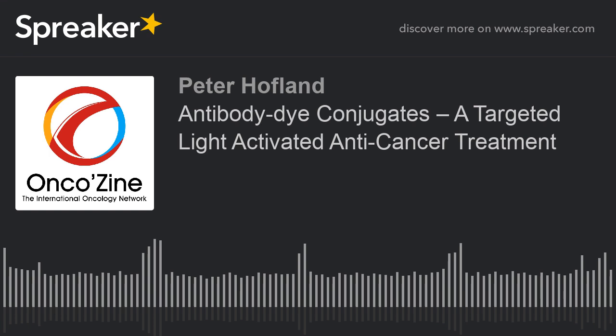What I can tell you is that our mechanism is definitely different than the antibody mechanism of action if you were to use just an antibody conjugate. In that regard, it is the antibody itself that is delivering the treatment. In our case, the antibody is used simply to target the tumor. The dye then is adhered to it, as you mentioned, it's conjugated together so that the light will activate the